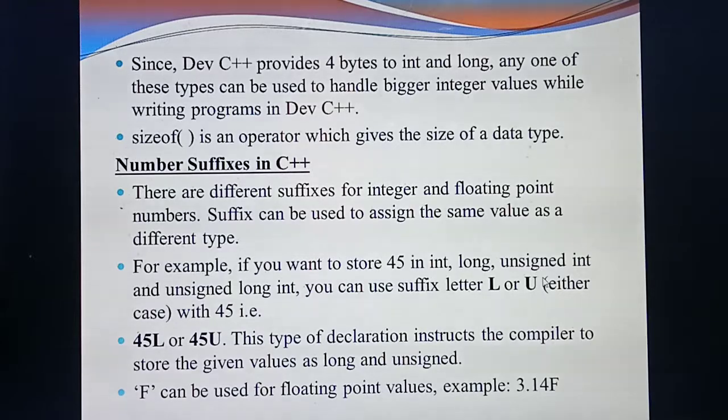So if in the program itself you are giving 45L or 45U, or 55L and so on, with these suffixes, the compiler, while you are declaring the variable, can identify that this belongs to a long integer value or an unsigned integer value. Based on that it will allocate memory space. Already you have studied, long is 4 bytes, unsigned this much, isn't it? This is the use of suffixes.